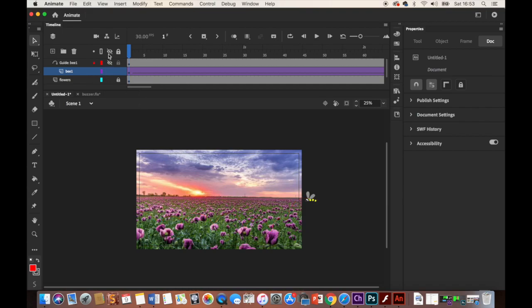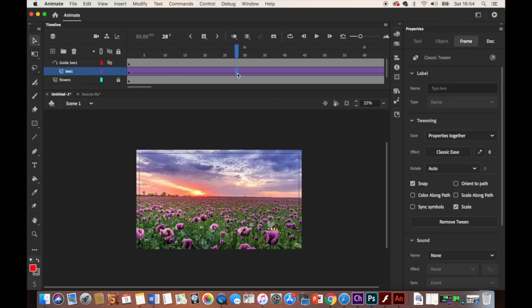Now you can hide that guide and you can play the little bee there bouncing around. Now that's great, I love that, that looks really good, but I'm thinking to myself, let's have him hover there. Okay, so I'm going to go into the bee at that point, and I'm going to